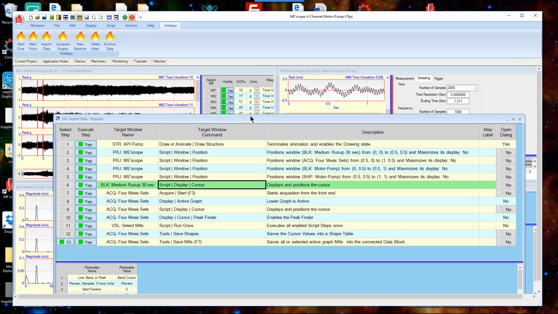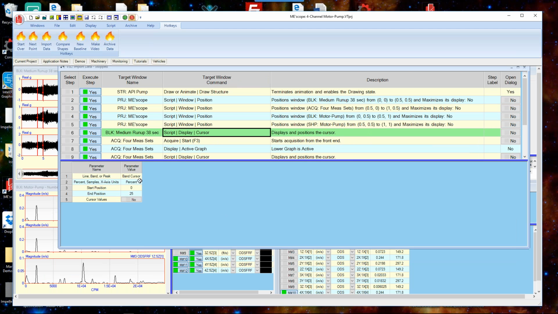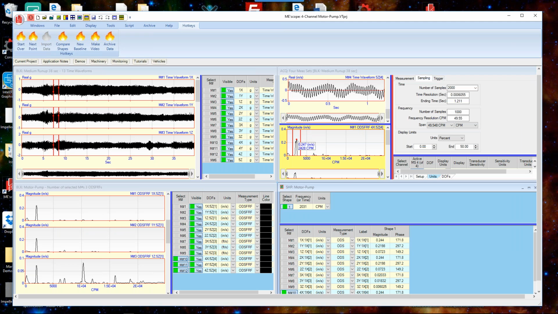If we look at that command, what it's doing is resetting the band cursor to a percentage of the screen, 0 position. So that's resetting it back to the beginning of my data block. I'm going to just turn that command off so it doesn't do that. And now I can move the band cursor anywhere I want, and the acquisition window is going to pick up some of this other data. Again, this is a simulation. So now if I run this import the data, you can see that it's walking further out into the data